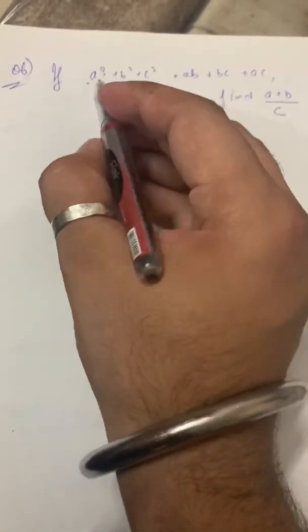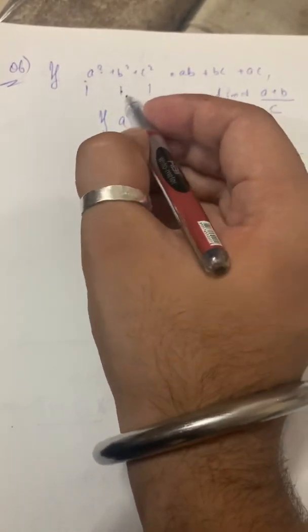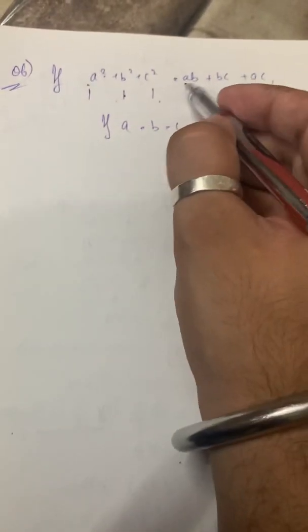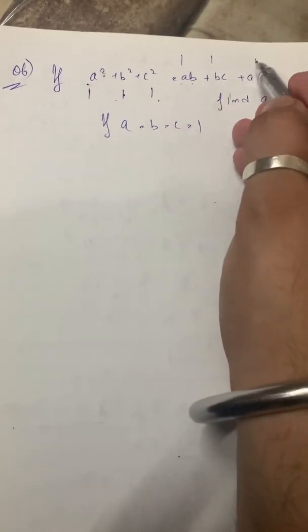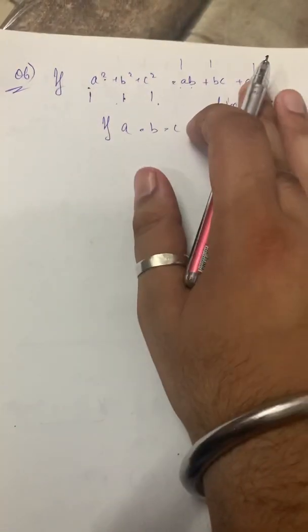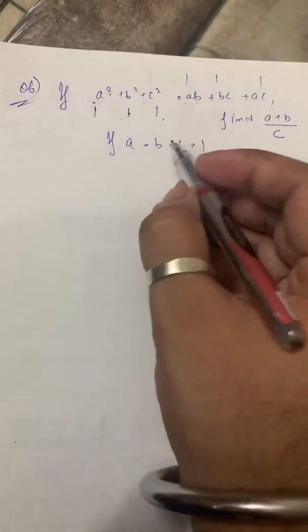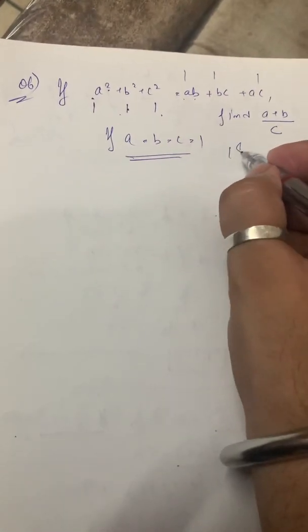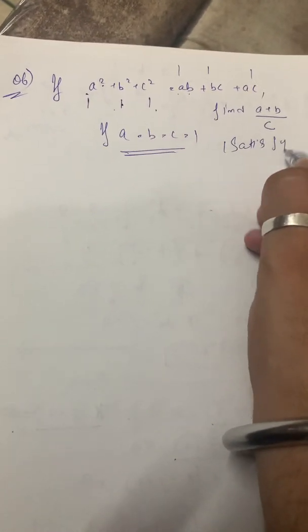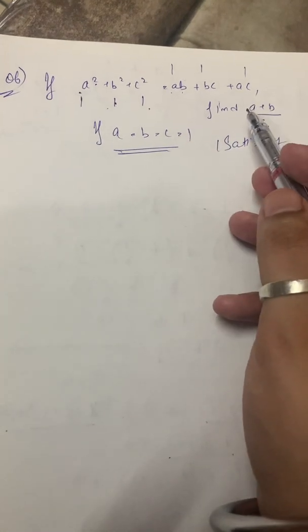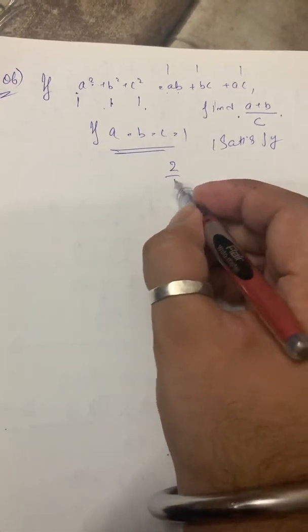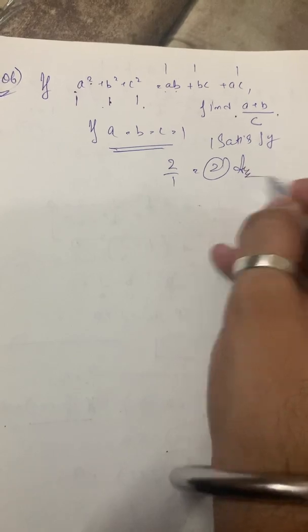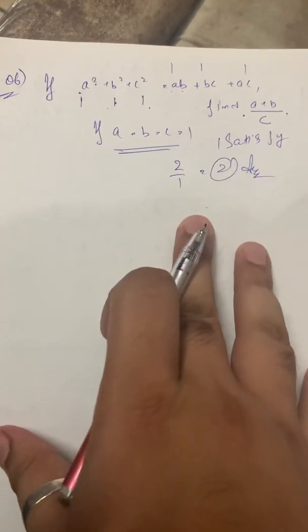So this is 1 square is 1, this is 1 square is 1, 1 square is 1, 1 plus 1 plus 1 is 3. 1 into 1 is 1, 1 into 1 is 1, 1 into 1 is 1, that is also 3. Left hand side is equal to right hand side, so that value gets satisfied. It means a is equal to b is equal to c is equal to 1, will that be satisfied or not? Yes, that will get satisfied. So we will put here 1 plus 1, that is 2 by 1, the answer should be what? 2 is your answer, class. Directly we can take our answer as 2.